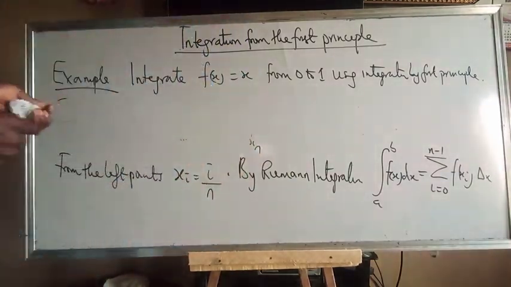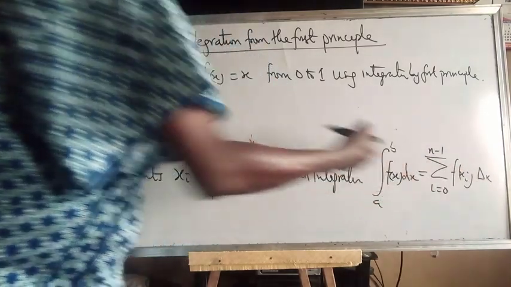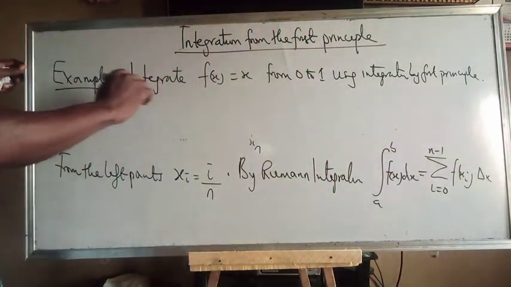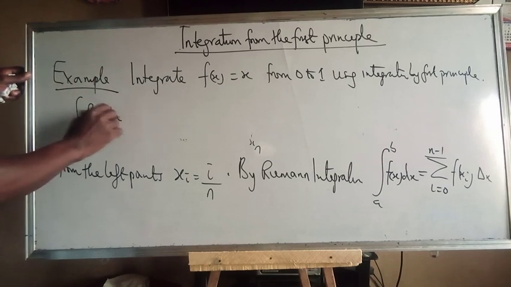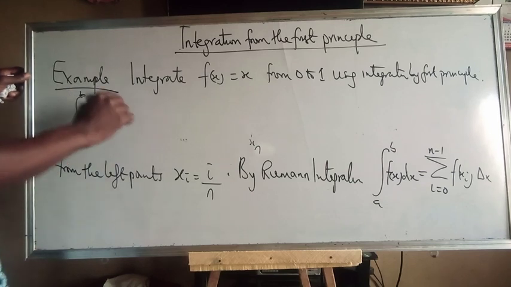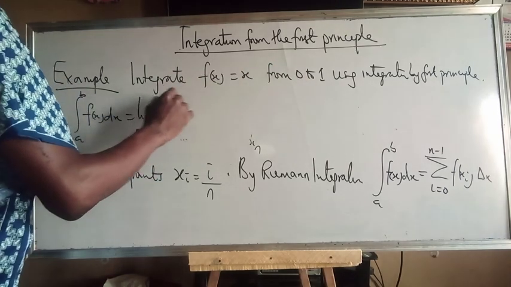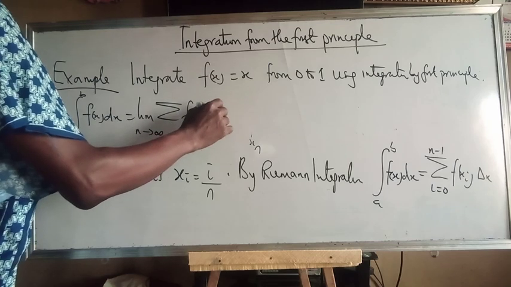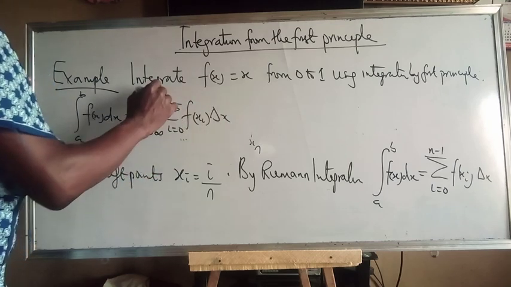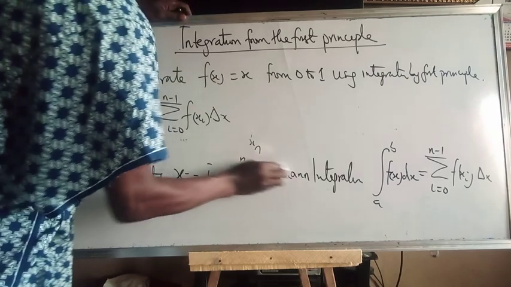Let's do some substitution. So that implies that, and don't forget the limit of this summation, so I could have written the limit, let me put it this way, then that is the integral of f of x dx from limit a to b is equal to the limit as n tends to infinity of the summation of f of xi change in x. Remember, our i is moving from 0 to n minus 1. Beautiful. So that means by substitution,